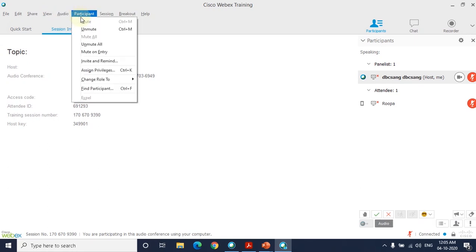Then the next main option is that when you are having participants, compared to Google Meet, here you can mute and unmute all. Clear? Mute all means you can make all of them keep quiet. Once you have started your classes, you don't want anybody to open their mouth in between. You have the control to keep their audios closed, mute all, right?